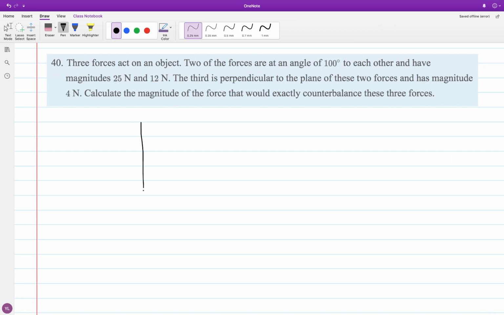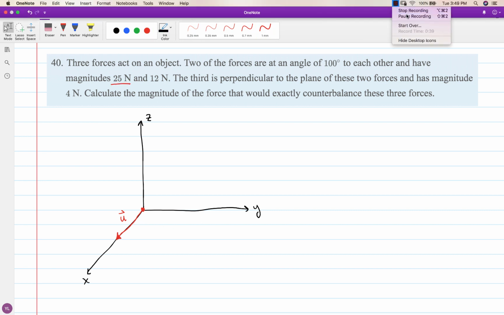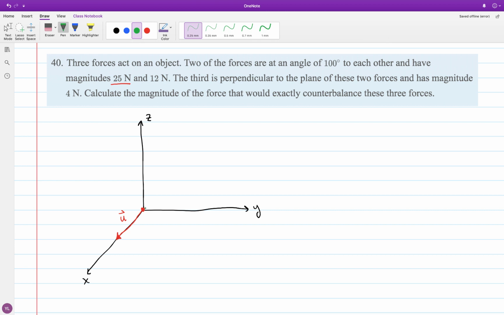So this problem is very similar. This is number 40 from 12.2. Again, the key is just to get these vectors represented in a convenient way in the 3-dimensional system this time. So I'm going to choose to put the first vector along the x-axis just because that makes its coordinates really easy. So since it has magnitude 25, I see putting it along the x-axis is going to give it coordinates